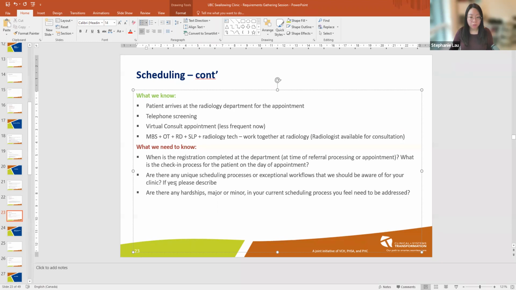All right. So I guess you guys have a pretty good system going on currently for radiology and also for the clinic itself in terms of booking. But are there any other scheduling information that we might need to know for this clinic? I don't think so. If I think of anything, I'll let you know.